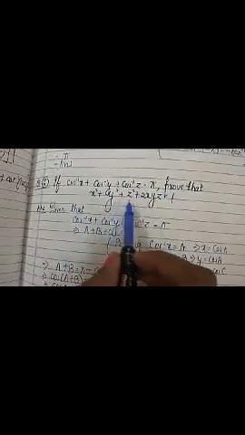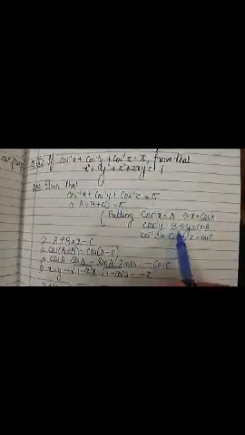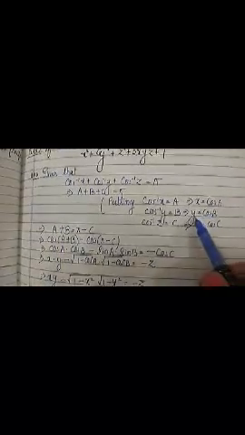Quickly let's see how to do question number 6. Cos inverse x plus cos inverse y plus cos inverse z is pi. Then prove that x square plus y square plus z square plus 2xyz is equal to 1. Okay, now what we will do, this is given. So we take cos inverse x as a, cos inverse y as b, and cos inverse z as c. That means x will be equal to cos a, y will be equal to cos b, and z is equal to cos c.